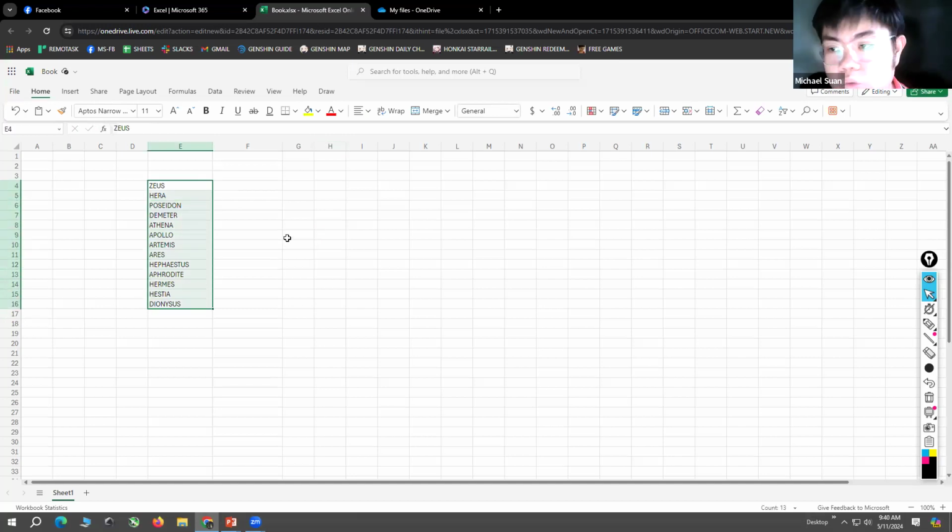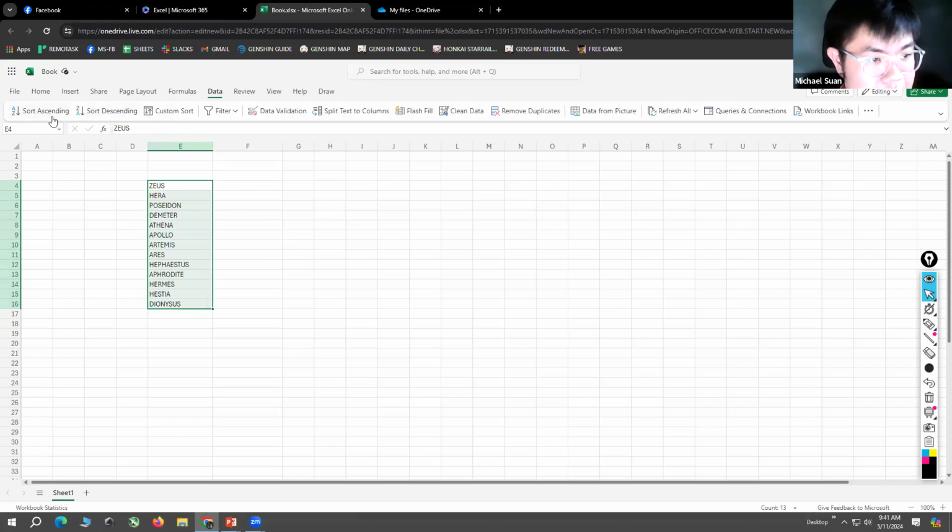If you want to sort this alphabetically, you just click on data and then you click here. Sort ascending will sort from A to Z, and sort descending will sort from Z to A. If you click on ascending, it sorted the names from A to Z, from Aphrodite to Zeus.